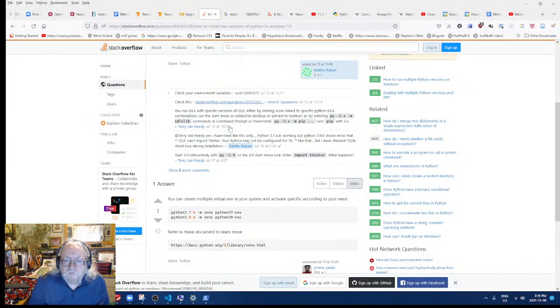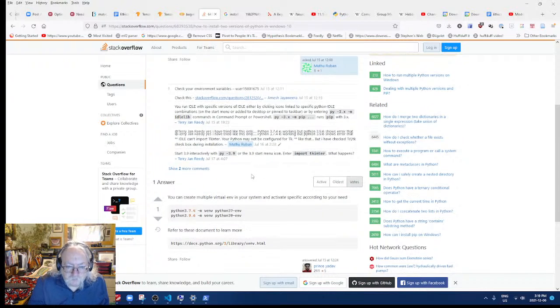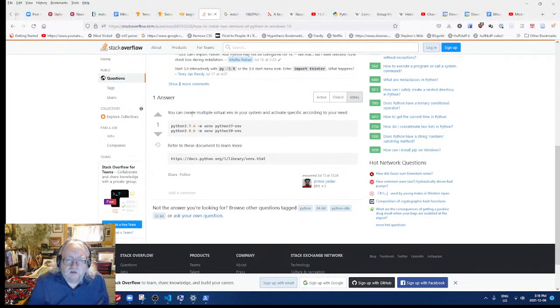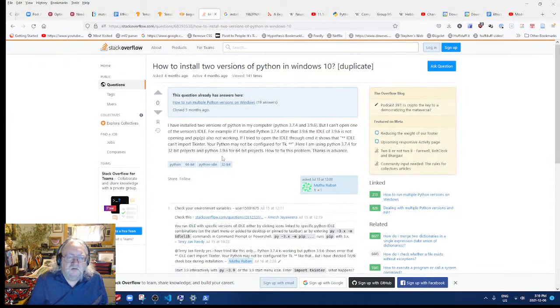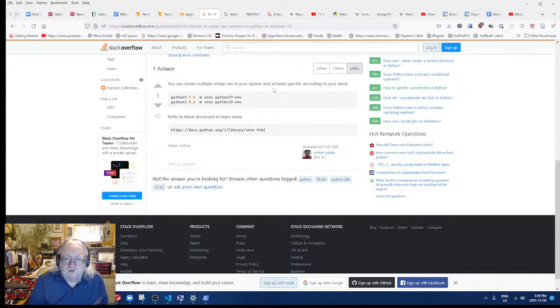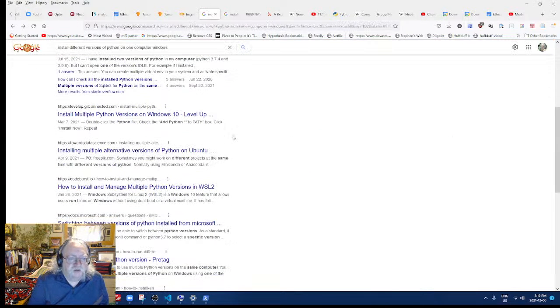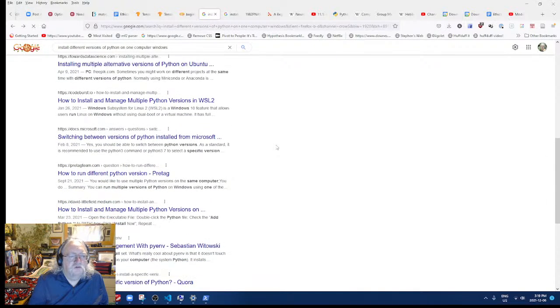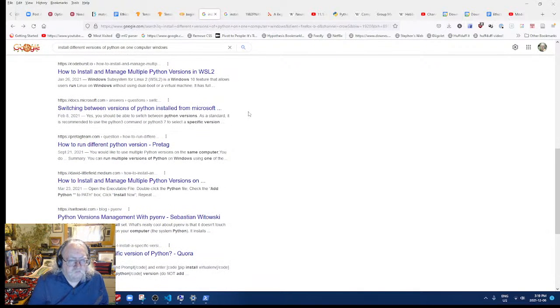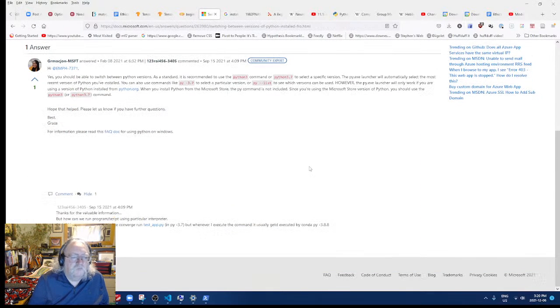All right. Right, here we go. You can create multiple virtual environments and then activate according to your need. Boy, that's pretty slim pickings there. No.